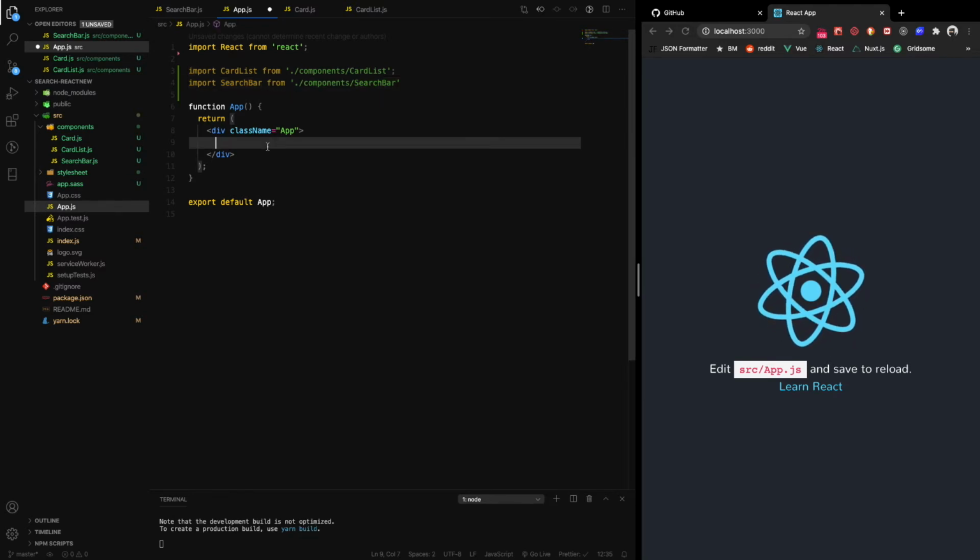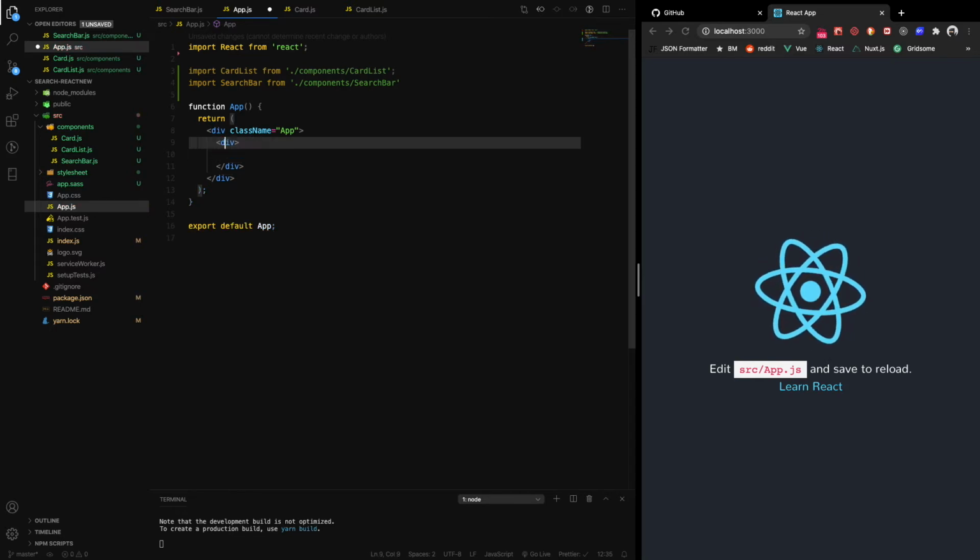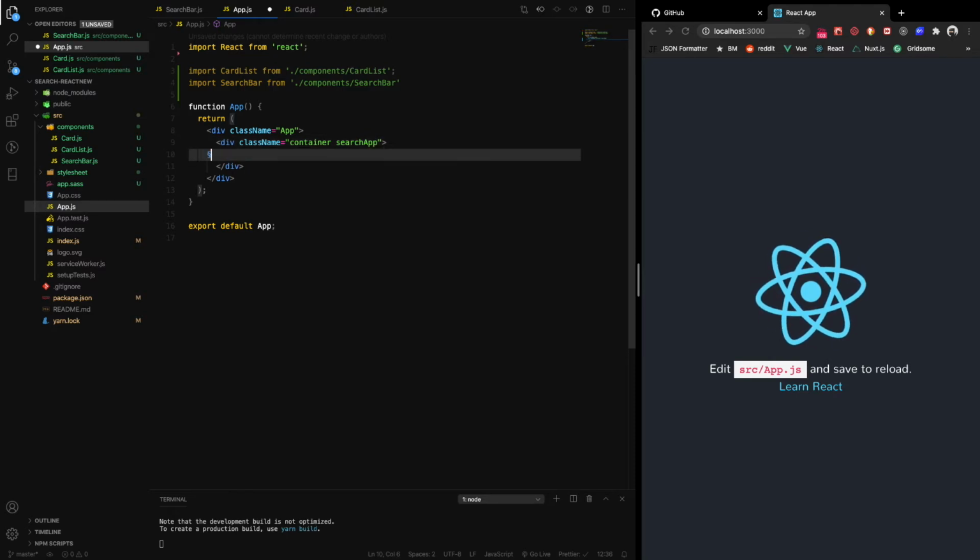And let's go ahead and add a container for this one. For that we will use a Bulma class. Add a container class and search app as well. So inside here we will add a heading and give it h2,